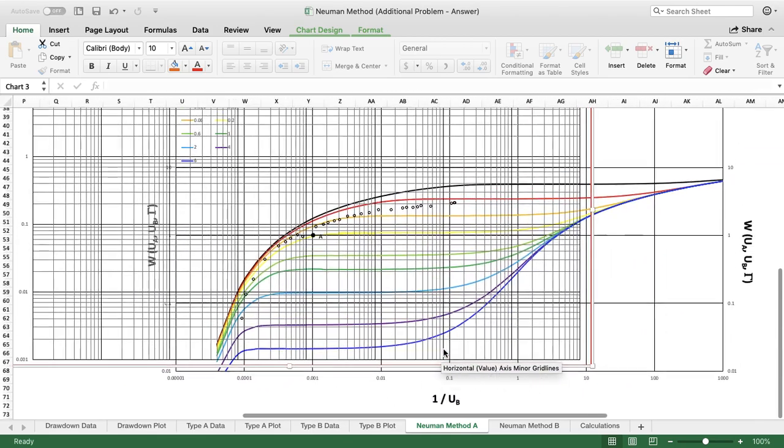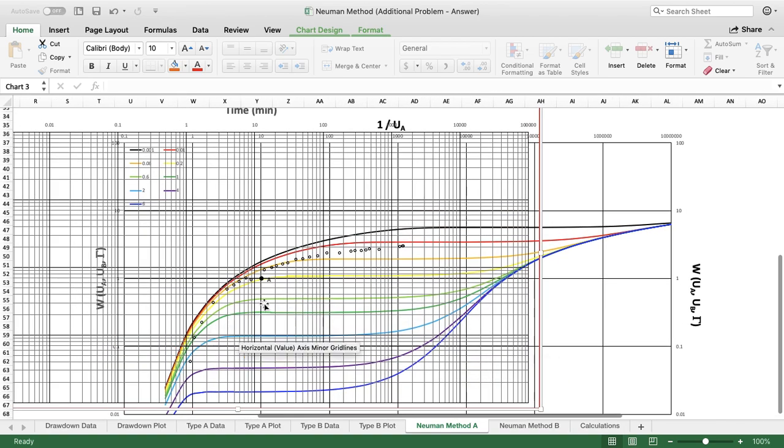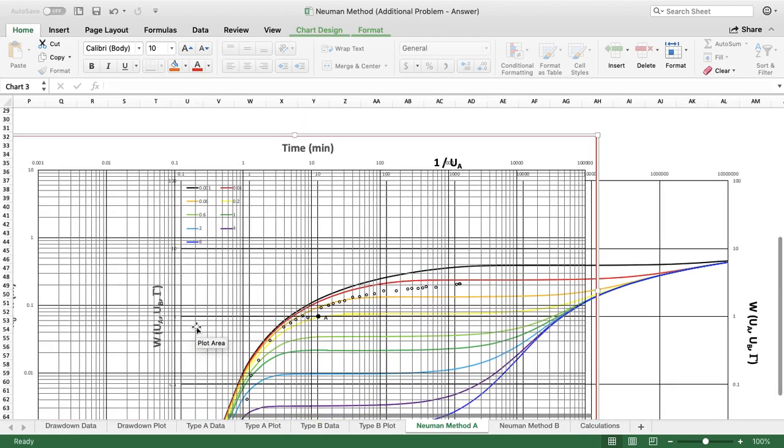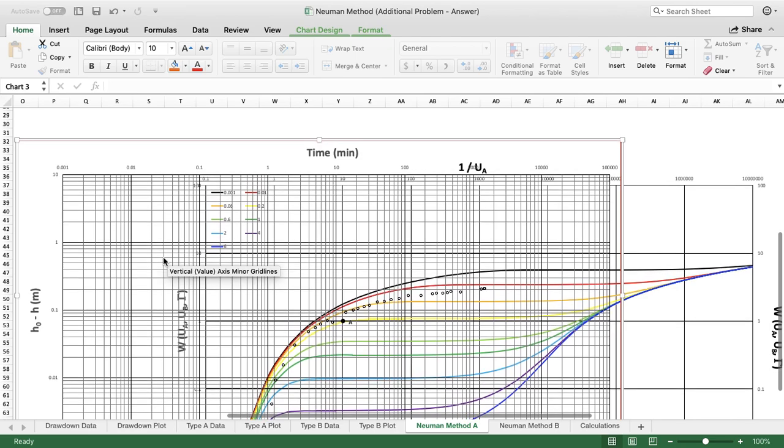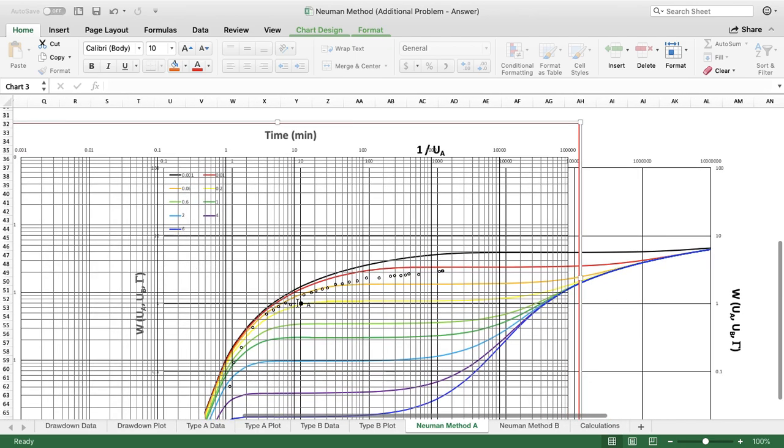Okay. Now, when you've done that and you've got your fit, and by the way, you don't have to get this perfectly. This is a rather subjective process, and you'll all probably get different answers, and that's absolutely fine. Anyway, when you've done it, there are certain things we need to record. First of all, we need to figure out which line we're fitting. So here I might be fitting this orange line, which is